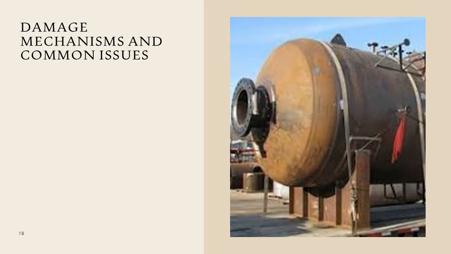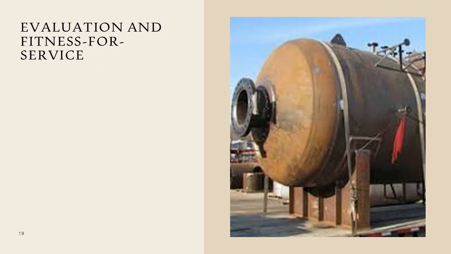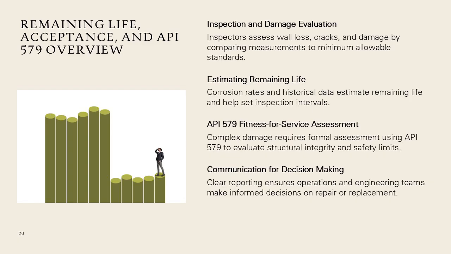Typical degradation in separator vessels. Remaining life, acceptance, and API 579 overview. When inspection identifies wall loss, cracking, or other significant damage, the inspector must evaluate whether the separator vessel remains fit